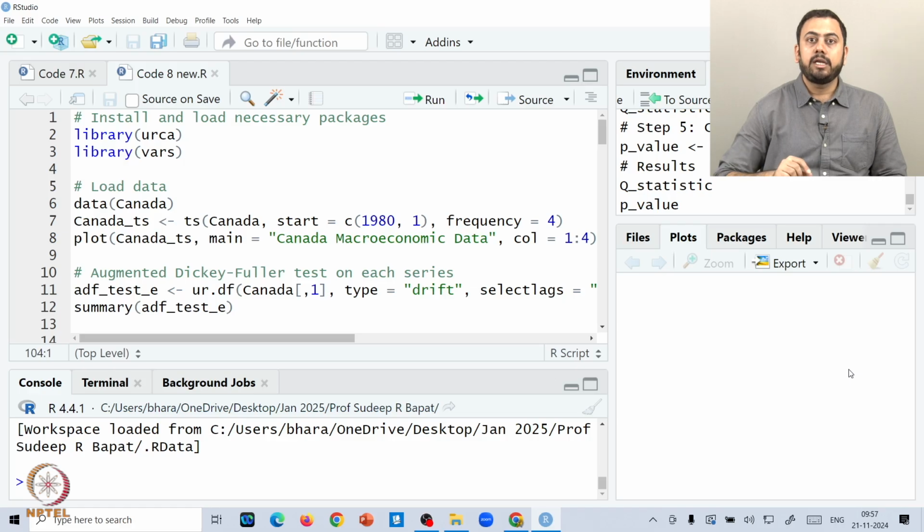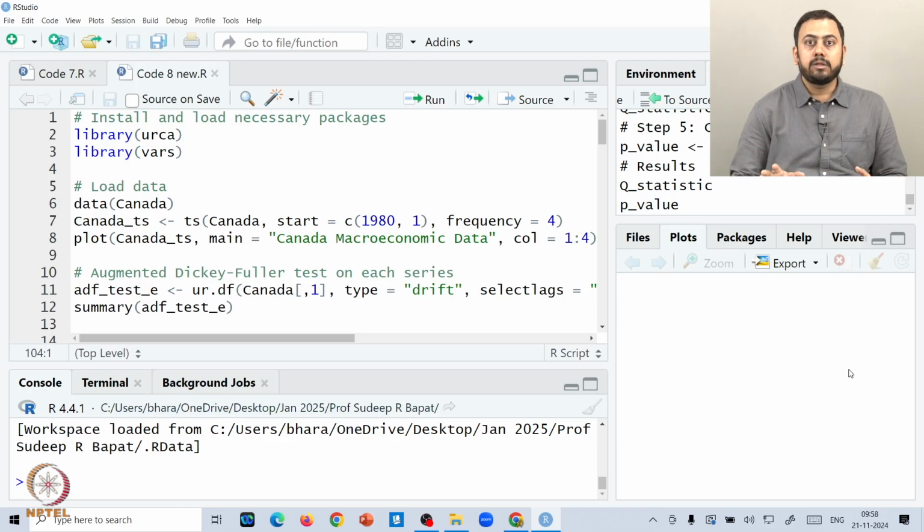So the integration defines the number of times one has to difference the series in order to convert it from a non-stationary series to a stationary series. This is the broad idea of what we mean by integrated with a certain order.